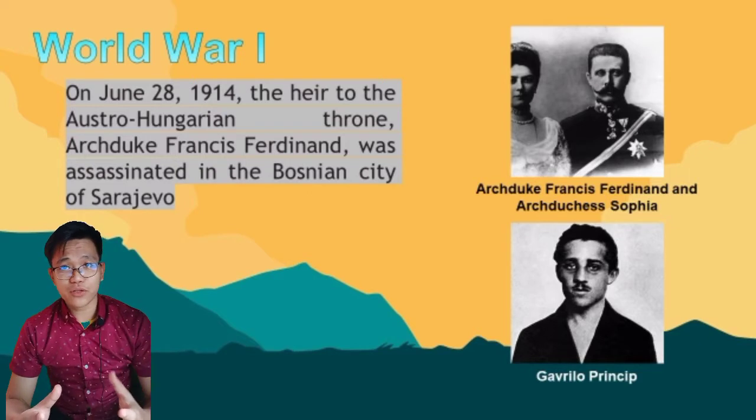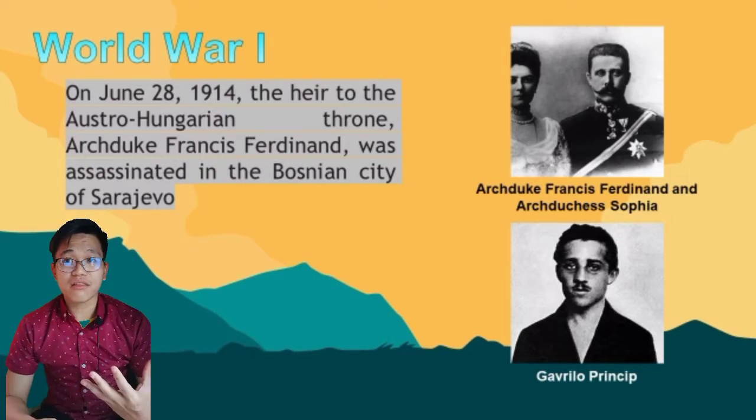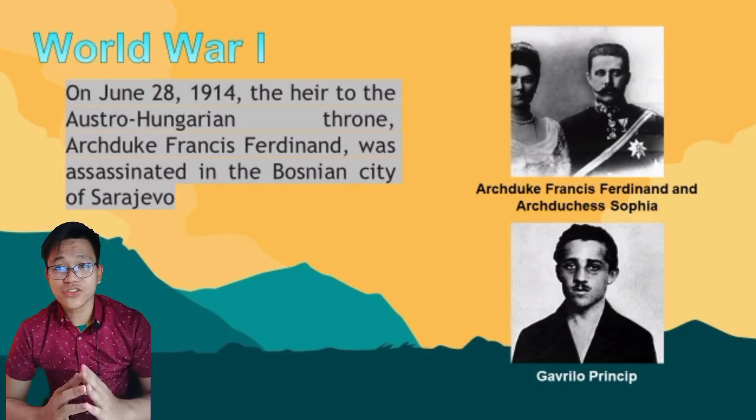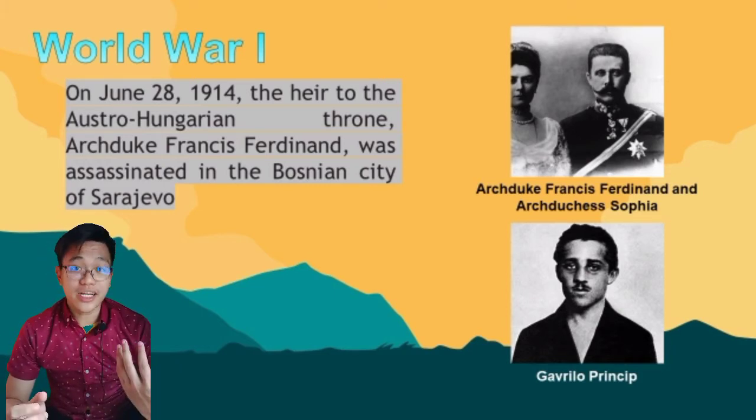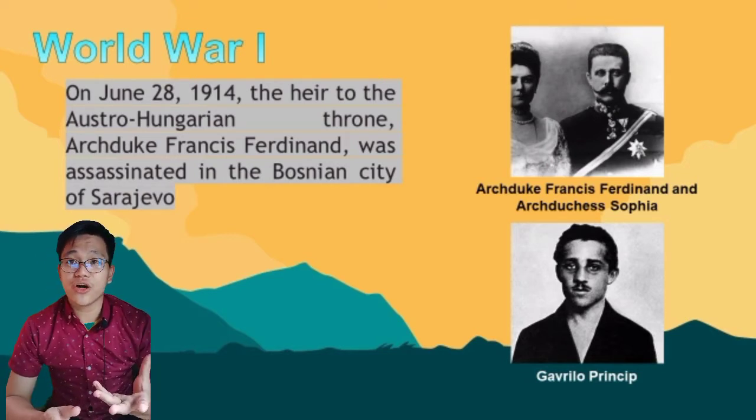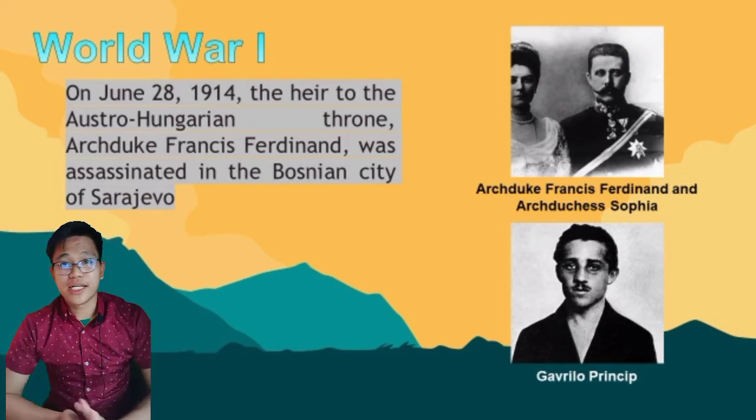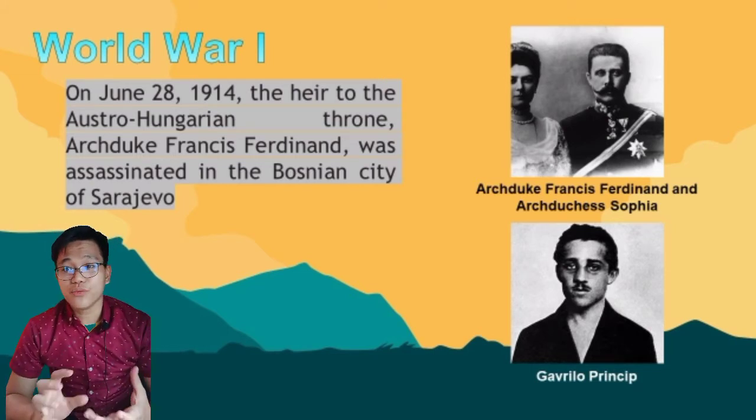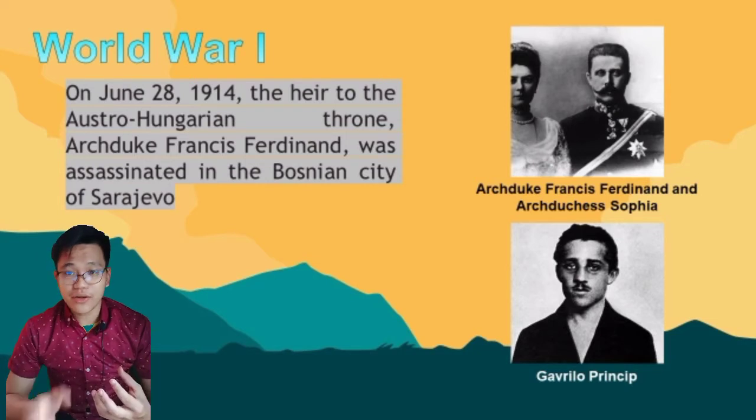So we will be talking about World War I. On June 28, 1914, the heir to the throne of Austria-Hungary, Archduke Francis Ferdinand, was assassinated in the Bosnian city of Sarajevo. So it says here, according to an eyewitness named John Kerry,